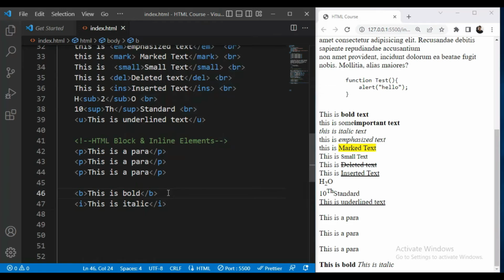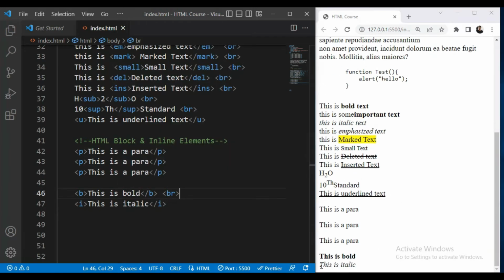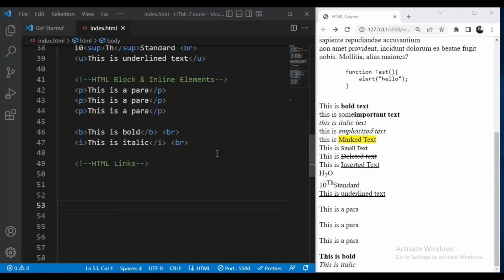So here if I give BR tag, it is coming on the next line, but the space between both the lines is less, and here you can see the space is more because the browser is automatically adding some space before and after the element, that is the block level elements. There are many block level elements and inline elements, and we will see all of them as we move further in the course.